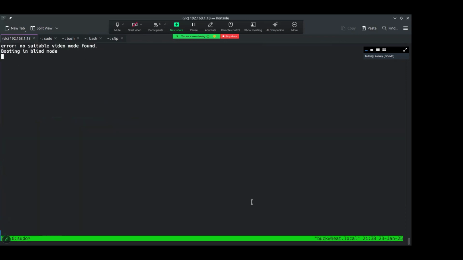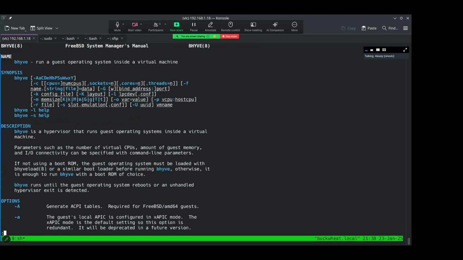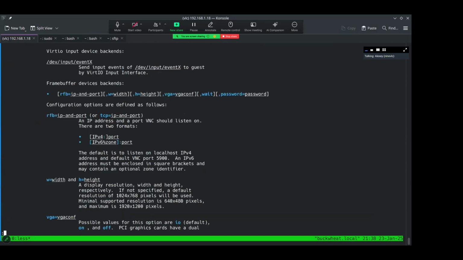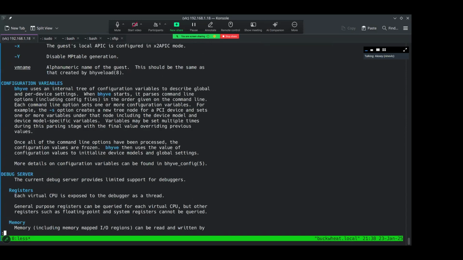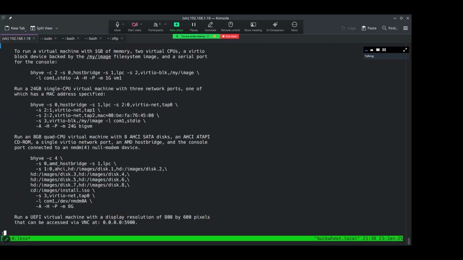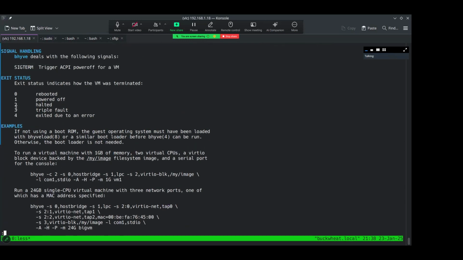That's it. VM twice over. Memory test. Oh, okay. It exited with error code 2. Now you look in the bhyve man page. Yeah, man bhyve. Error code 2, I think it's just exited without any error. Halted. Mm-hmm. It's halted. It's not powered off. It's not rebooted. Yeah, halted. That makes sense.